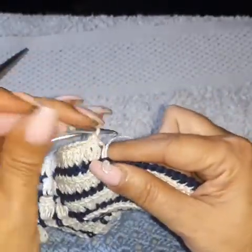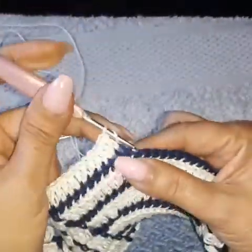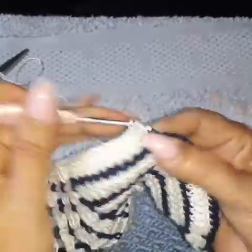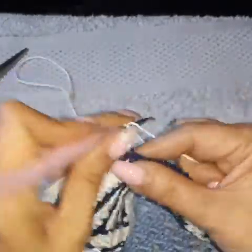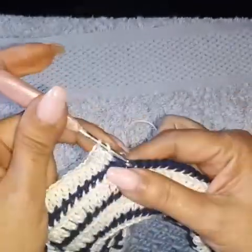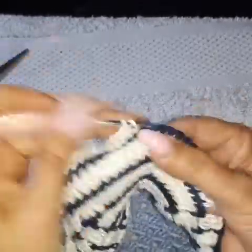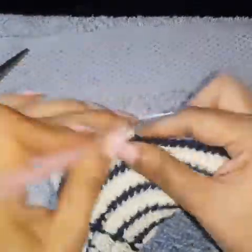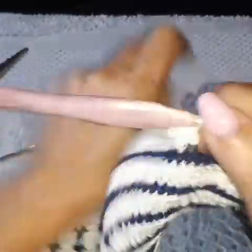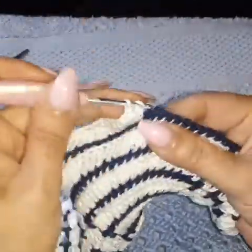And then 3 double crochets, so we're doing 1 per space. 1, 2, and 3. On your 4th one, we're adding 2 together. This is our increase, okay? Again, 1, 2, and 3. On your 4th one, 2 together. This is your other increase. And then again, 1, 2, and 3. This is our last increase on the 4th one,